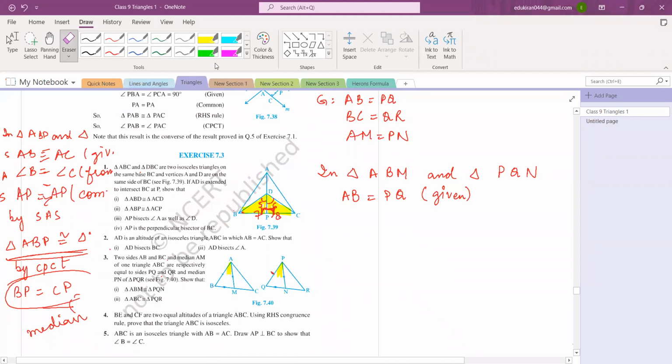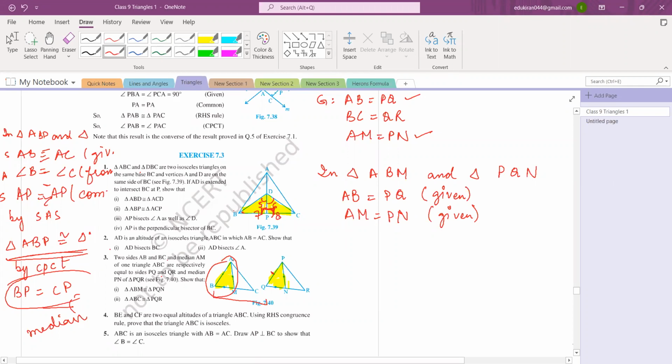All right. So we were talking about these two triangles. Yes, Hamna, what did you say? Ma'am, AM is equal to PN. This is given. So two conditions are already given. Now Mridula, tell me the third one. Which condition can I make use of here? Everybody think about it. Let's see who will tell me. BC is equal to QR. But BC is this complete side, and I'm talking about this triangle only.